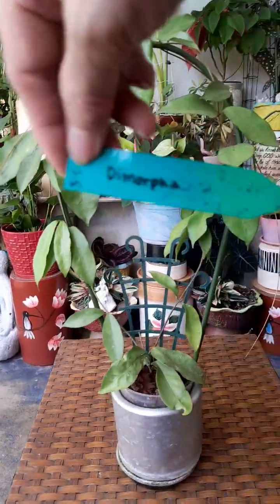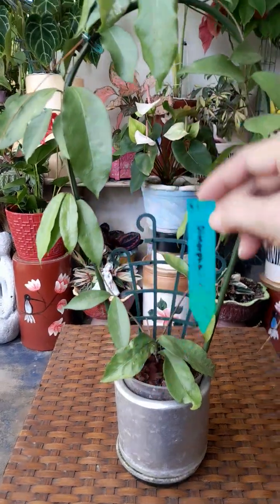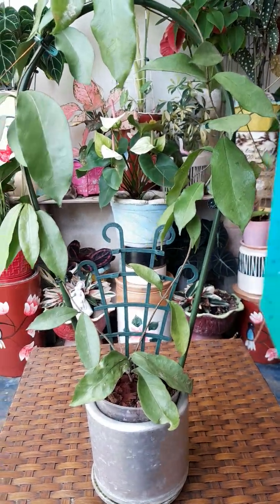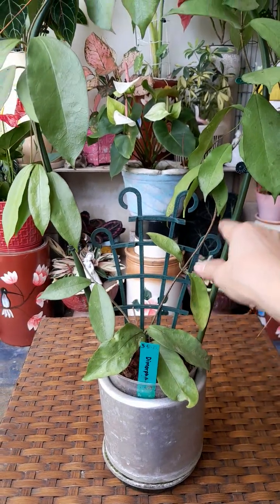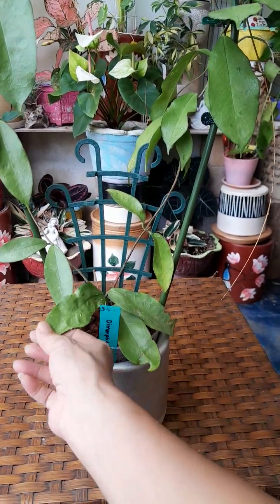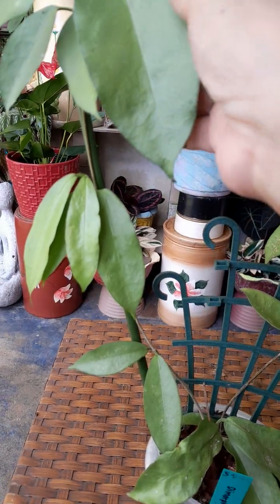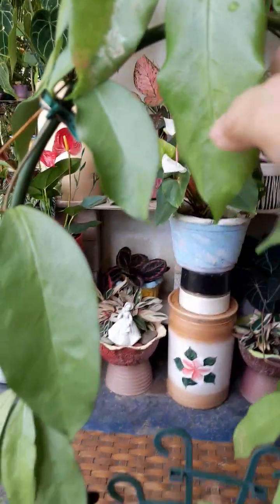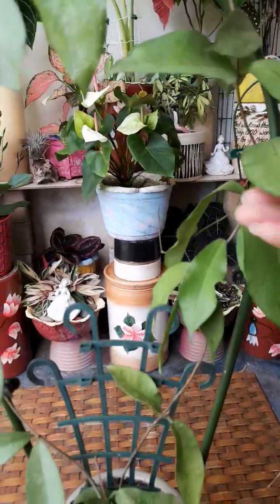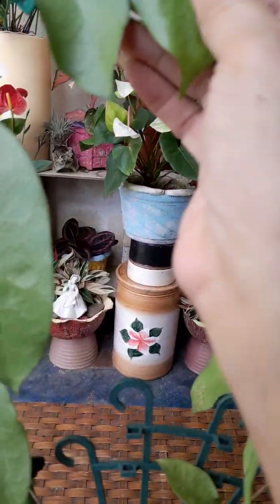My next one I'm gonna show you. This is called Dimorpha. Dimorpha. I also got this on May 13th, 2022. When I got this, I don't know how many leaves it had, but I think it had 2 stems, but it was just short. It's drying out on me. I sprinkled it with water last night, and it got rained on last night, but it seems like it's dying. This one has thin leaves. These are new ones. It gets ruined fast, or it gets sunburned. Yeah, they're thin like paper, but